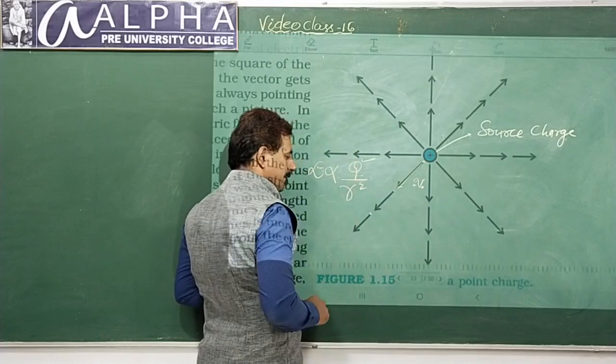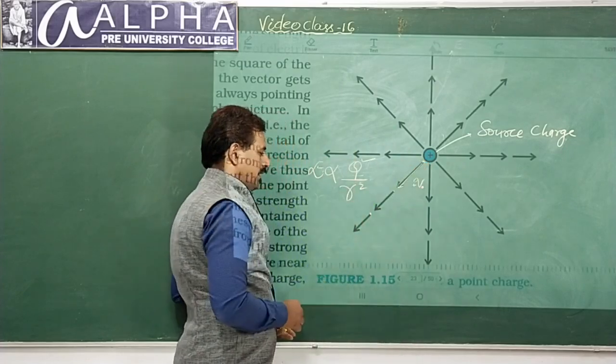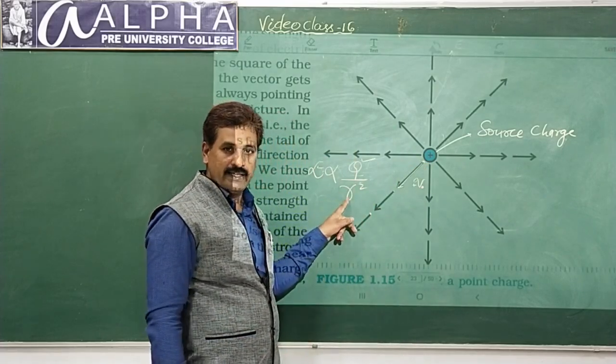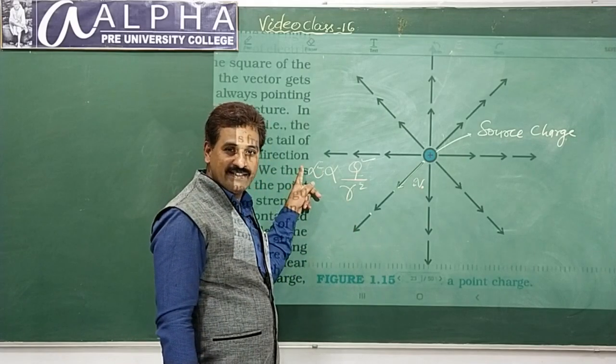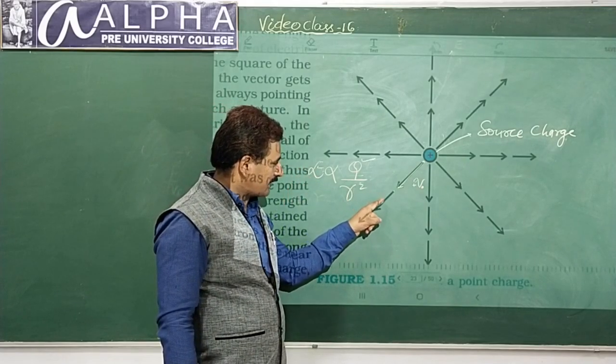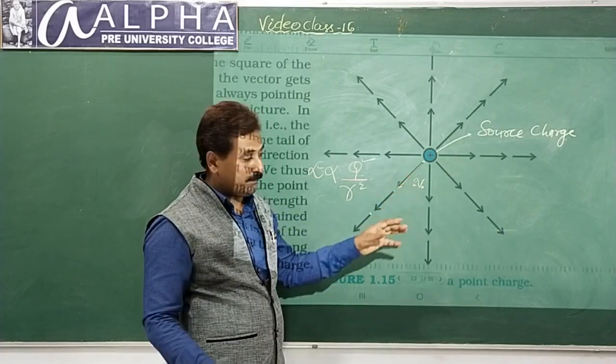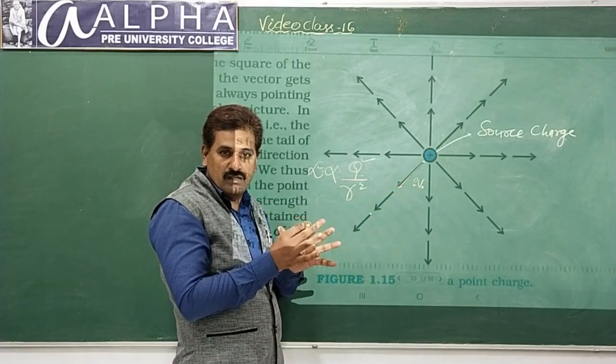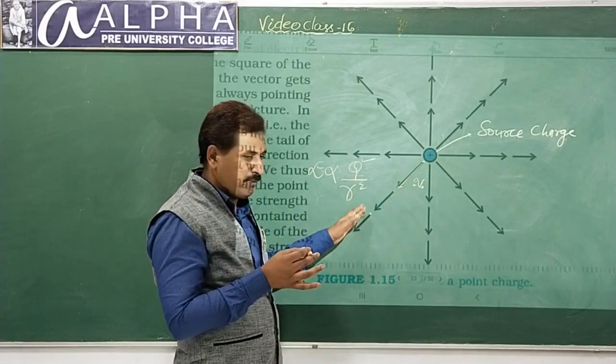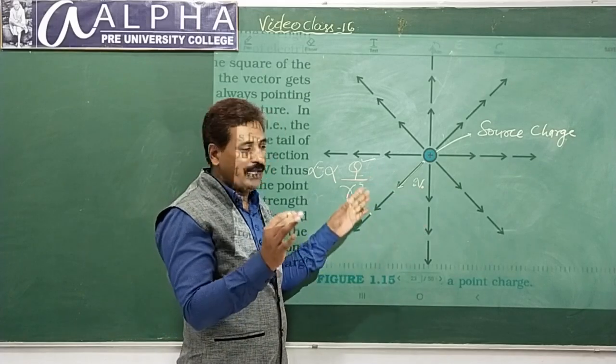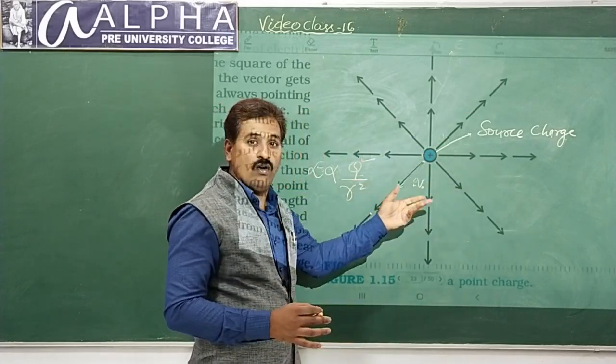Right? So as you move outwards, the distance increases, and as the square of the distance, the field decreases, as has been explained in the diagram. It's a pictorial representation of how electric field varies from point to point. Is it all around? Yes. You have written electric field lines all around the charge.